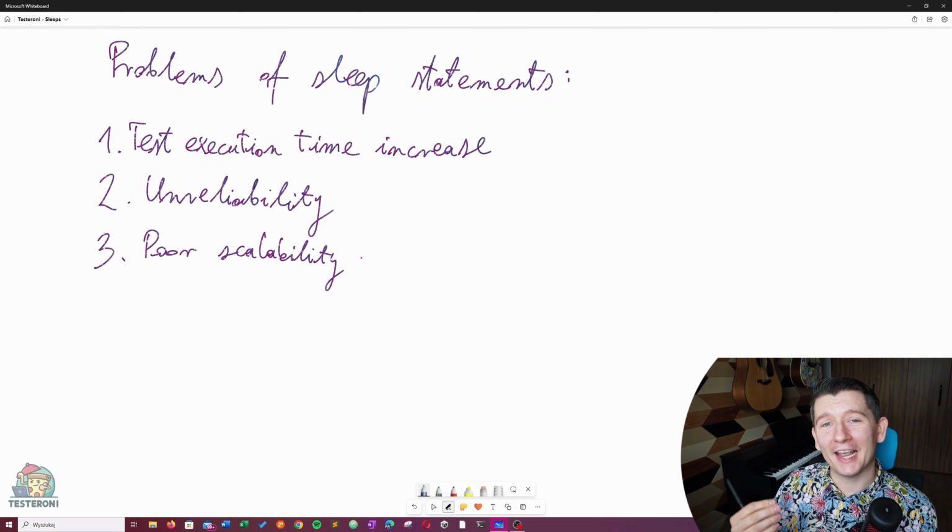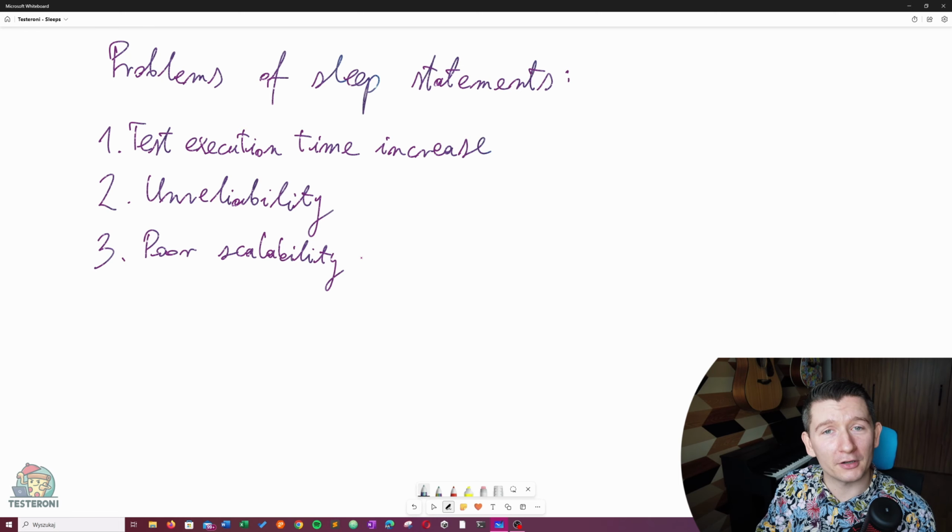So how can you believe that your framework, which consists of sleeps, which were fine-tuned using your stopwatch or observation or more scientific methods even, done on your local computer,